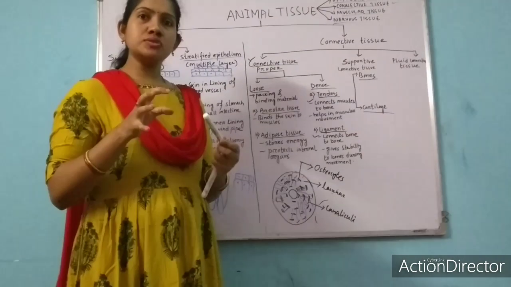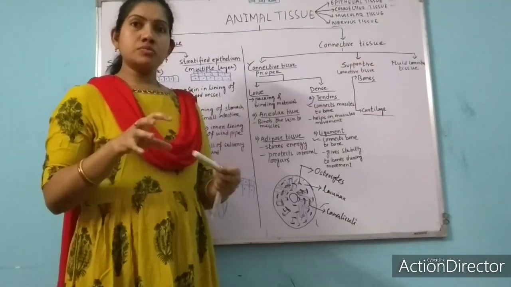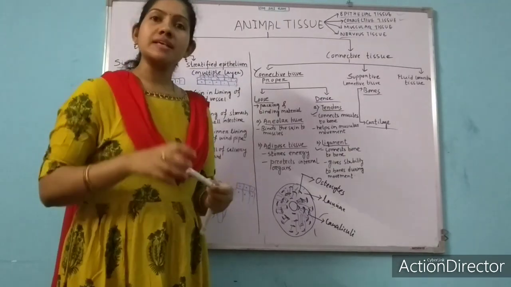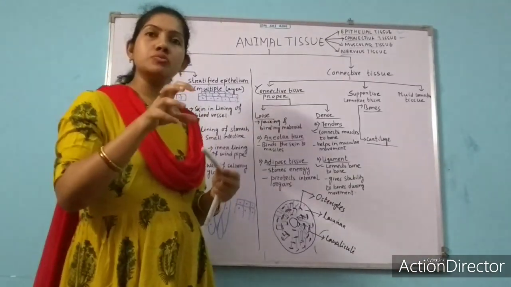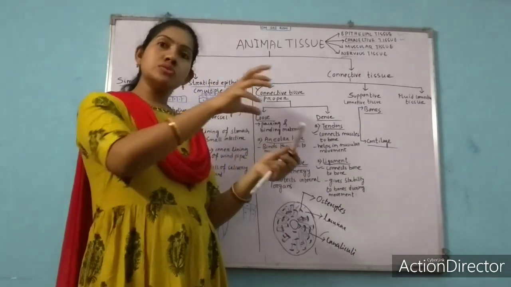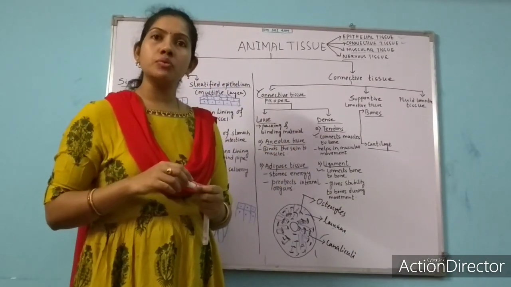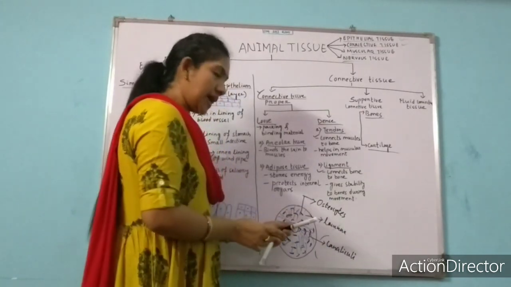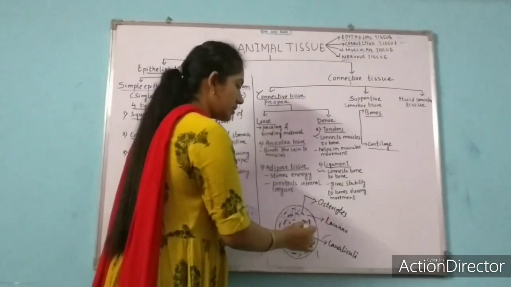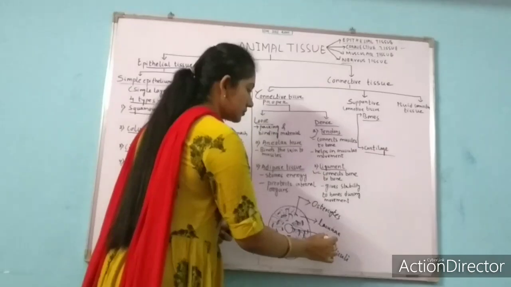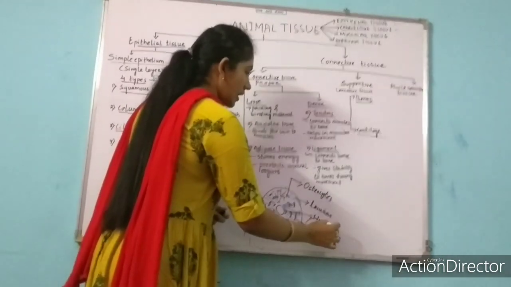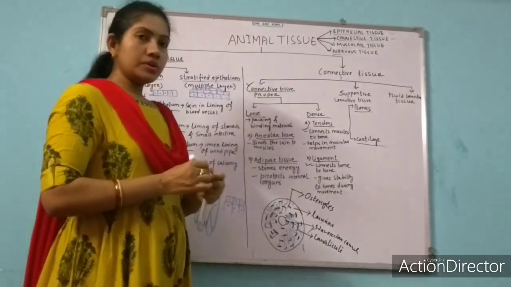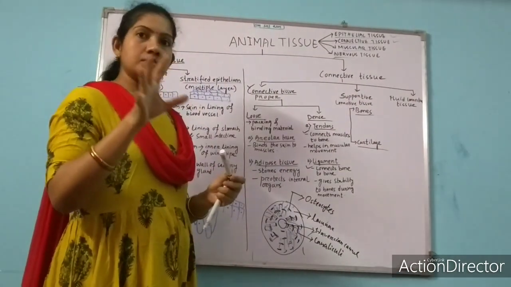Bones also need nutrition. The nutrients are supplied to bone with the help of blood vessels. Blood will supply nutrition to the bone, and it also takes away waste material from bone. So, at the middle, this canal is called the Haversian canal. Okay, so don't get confused. This diagram is also in your book.